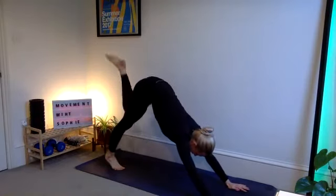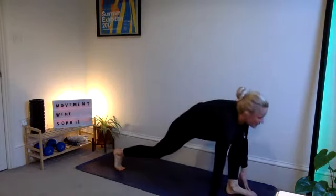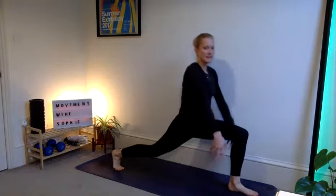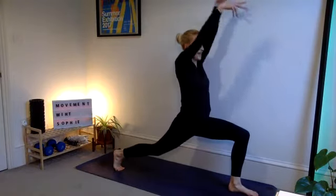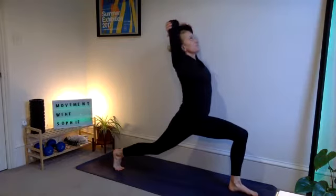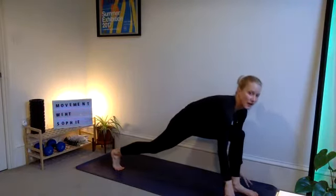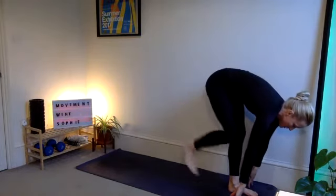Inhale the left leg high. Point the toes up. Exhale, step forwards. Rise up with that back knee. Hands above the head, cross the elbows. Take an inhale. Lift the chin, look up. Exhale, hands to the mat. Inhale, bounce off the back leg. Step forwards. Exhale and